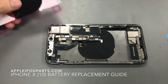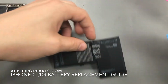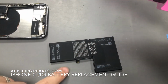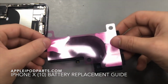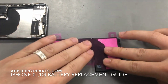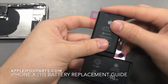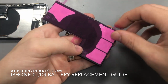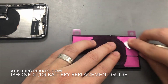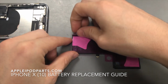Alright, and then you pretty much just move out of the way. Lay the battery down so the top of the connector, the silver bit, is at the bottom, and you can see all the little gold pins. And you just want to lay that on top, like so. You can fold over these little connectors, these little adhesive parts as well. And you want to make sure that it's nicely pushed down. So just get a flat metal tool, go over the top of it, and then you can peel back